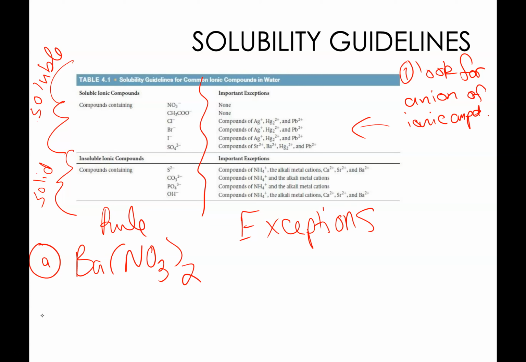So for this particular one, we've got nitrate. Nitrate is, of course, at the top. We just talked about this. It is one of the always soluble, no exceptions. So this is going to be soluble. Doesn't matter what's attached to it, it's soluble. All right, next up is potassium